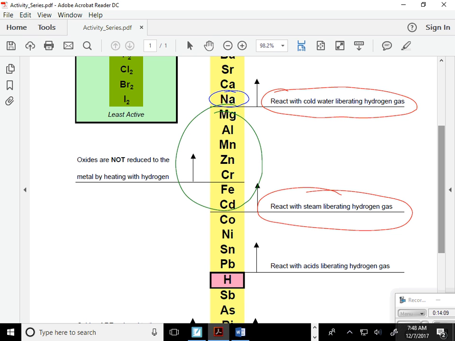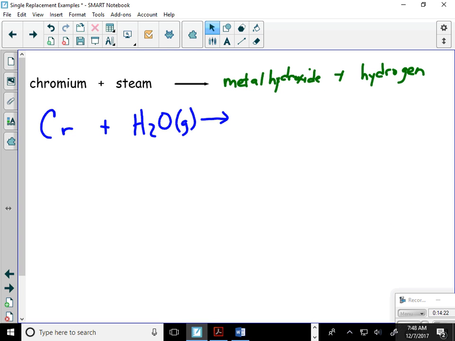Okay? So, I look at this. Does chromium fall into that area? It will react with steam, won't it? So this reaction will occur. So what is my metal hydroxide? The name of it. Chromium